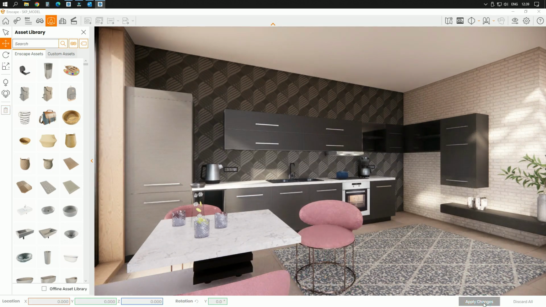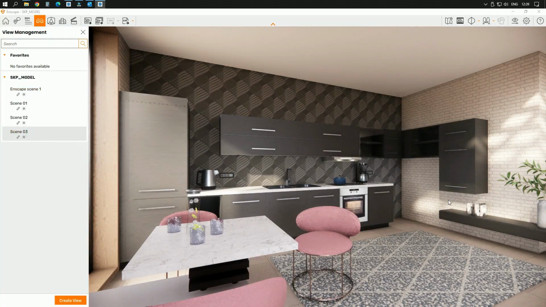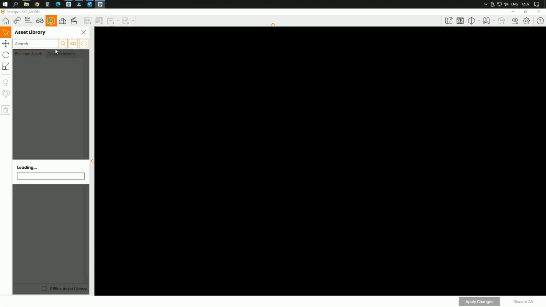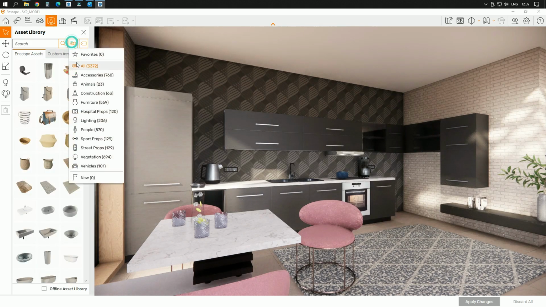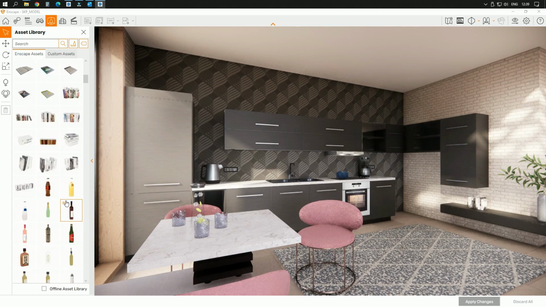Apply changes. Okay, and now actually we are absolutely ready to create our final rendering. I can put a picture here if I want. This could be some accessories,